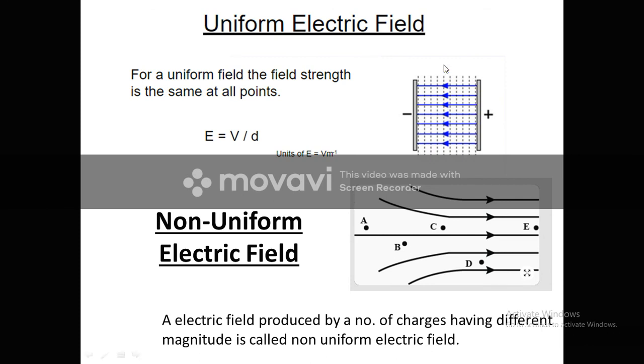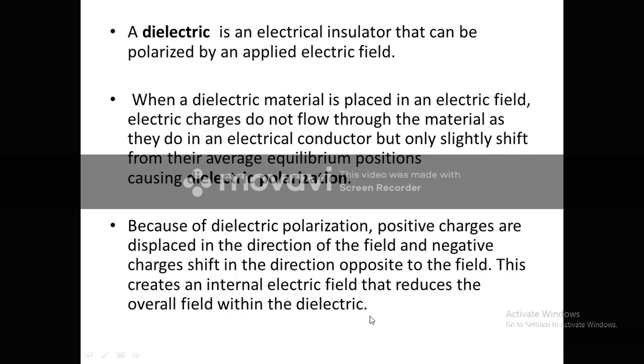Okay, this is actually the uniform field, and non-uniform field is just like that. This is the demo for the uniform and non-uniform field. Okay, now